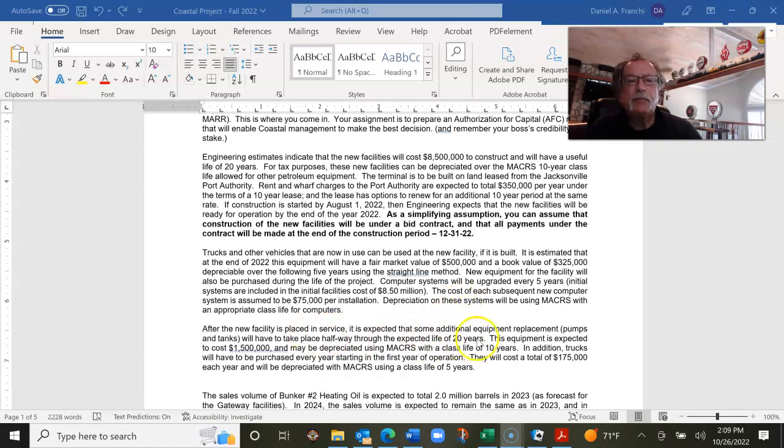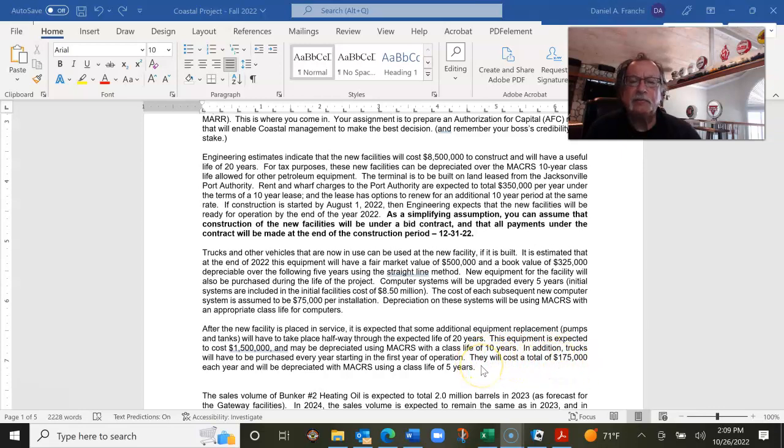You're also going to have to replace some things like pumps, tanks, halfway through the life of this project, which is 20 years. So you're going to have a $1.5 million expenditure on those in year 10. And then this is a trucking business. We're trucking fuel oil, heating oil all over the Southeast. So we're going to have a continuous expenditure for trucks. And that's going to be